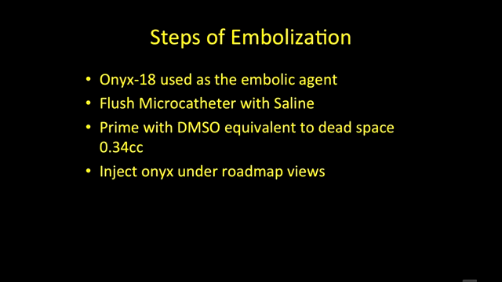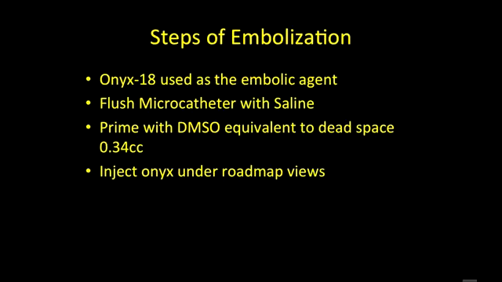Once the microcatheter is in position, we proceed with embolization using Onyx 18. The microcatheter is flushed with saline, followed by priming the microcatheter with DMSO, which is the solvent, equivalent to the dead space, which is 0.34 cc's in terms of the microcatheter we used, and then we inject Onyx under roadmap